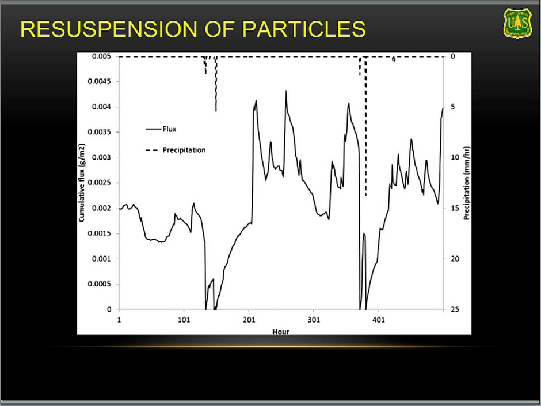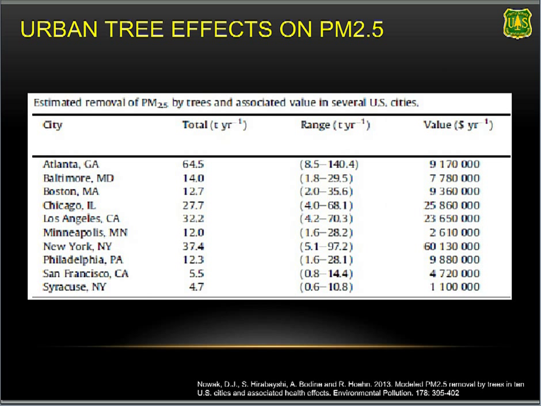There are times when the particles become very high on the surface of plants, or times when it goes relatively low, either due to resuspension, or you can see on the upper part of that graph, when it rains, the particles on the leaves are washed off and then moved to the soil surface, and then after the rain, because the leaves are refreshed, they tend to pick back up more particles. So there's this whole process going on in terms of removal of particles.